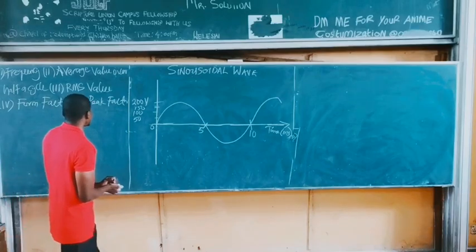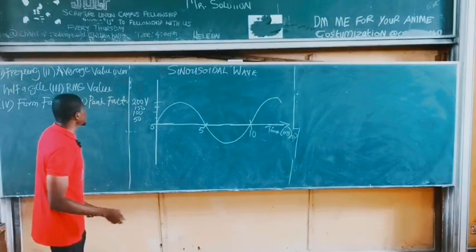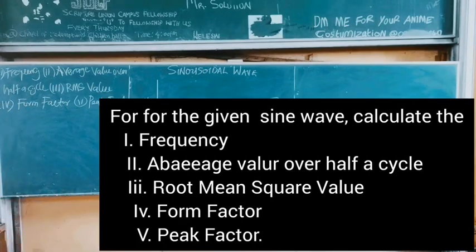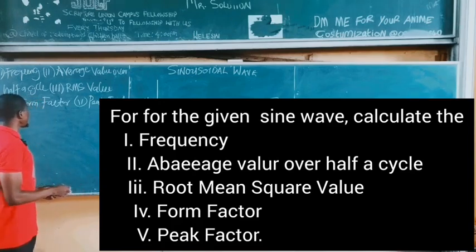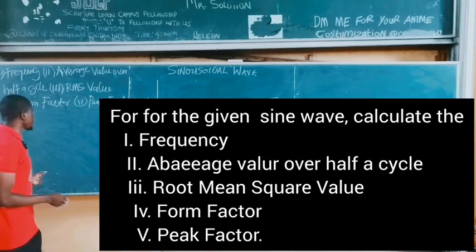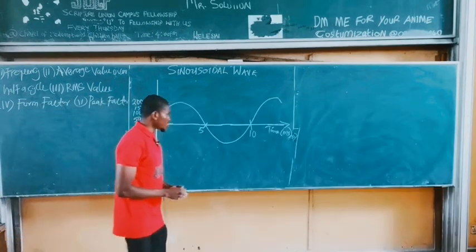Let's consider the sine wave on the board. The question says, for the given sine wave, calculate the frequency, average value over half a cycle, the root mean square value, form factor, and the peak factor. So as always,